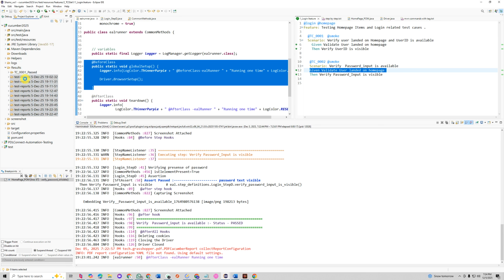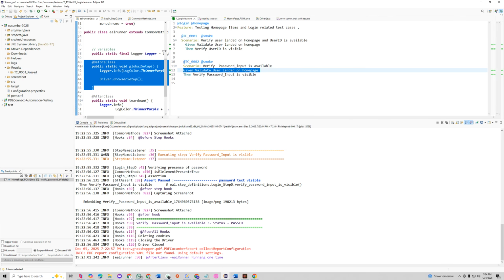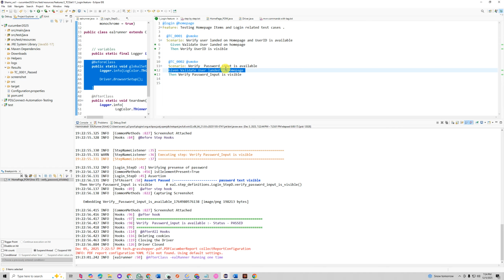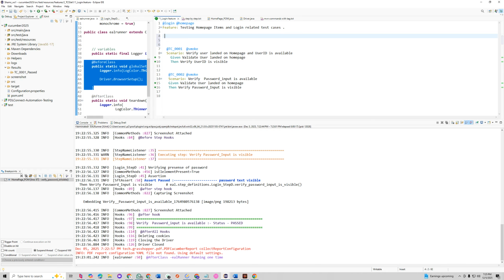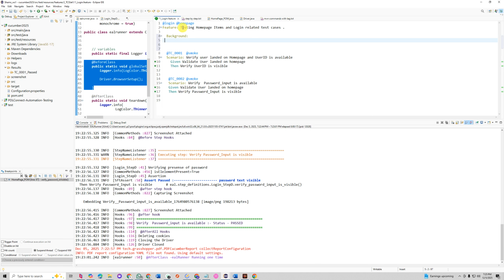Okay, now the next thing that we are learning: we know that this step is common in these test cases. When a step is common to all of the test cases, we should not write it this way. It will be common for all the test cases, right? So why are we going to write it repeatedly? We have to write it in Background. Background means kind of a prerequisite. If we write this in Background,